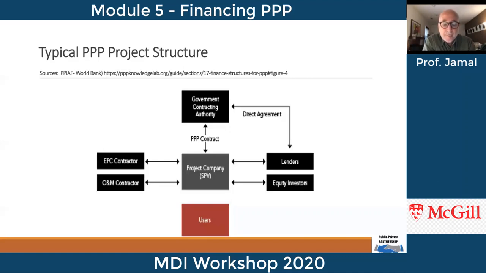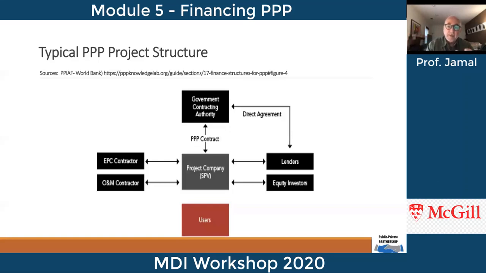The project company contracts with the firm to manage design and construction, usually known as engineering, procurement, and construction, what we call here the EPC contract, and operation and maintenance. This contractor may be affiliated with the equity investors. And that's an important aspect. So you see the combination of operation management contractors and EPC contractors linked to the project company somehow,